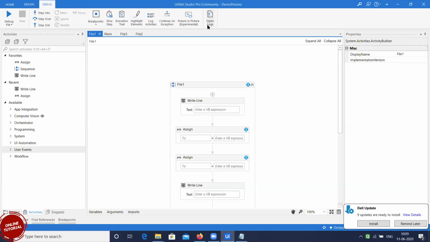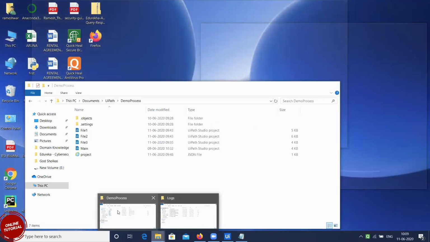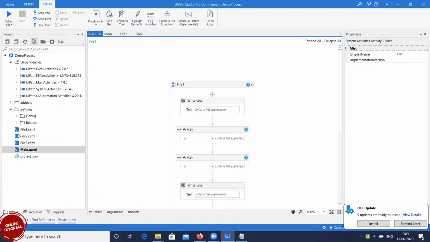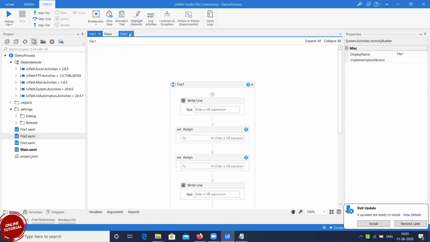So that is about the logs, that you can directly click on this and open your logs. Then coming back, we have two panels here on the side. One is the project panel. As I said, instead of every time going to the folder and opening the projects, you can directly come here and open whichever files you want. Suppose these are closed and I want to open them.